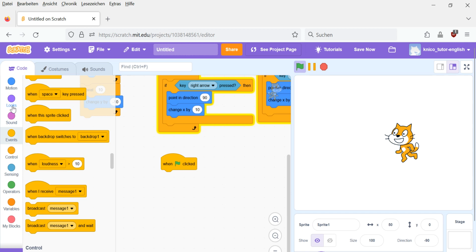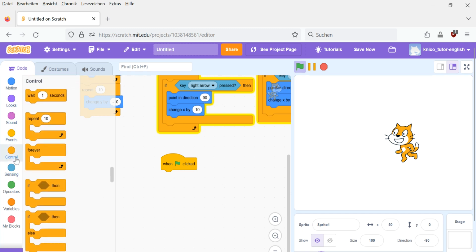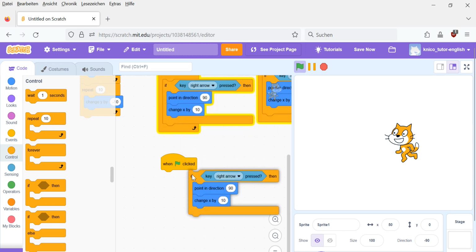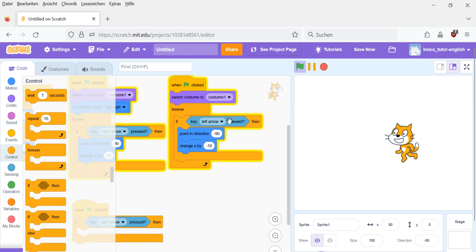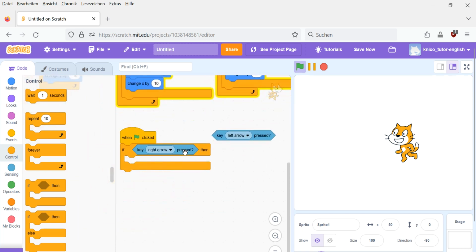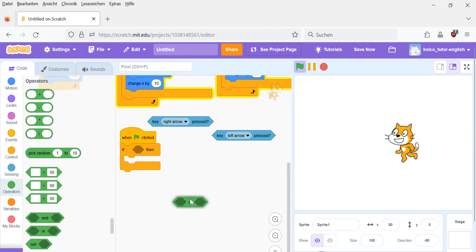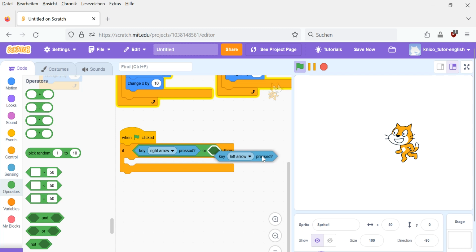When the green flag is clicked, we can duplicate this, delete these two blocks, but now only duplicate this key left arrow pressed block. Drag that out, and from the operators category, drag an OR operator in, and if key right arrow or key left arrow pressed, then